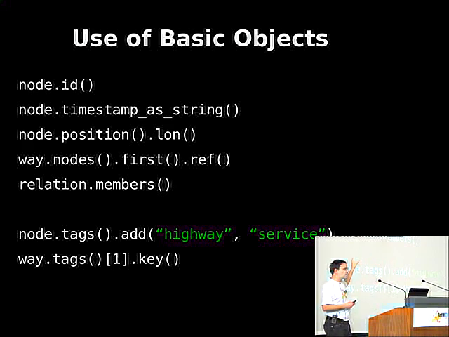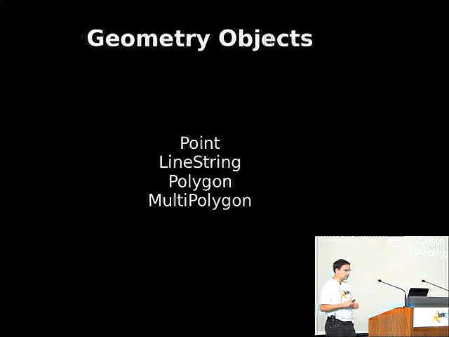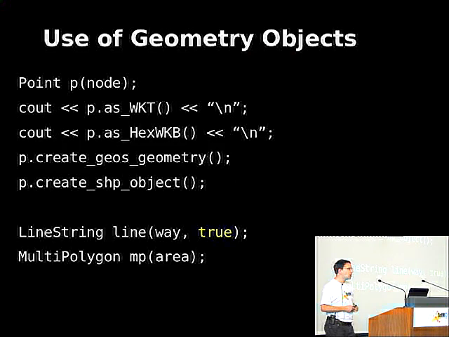Those are the kind of functions that are at the bottom of this library that you can work with and build other things on top. Then we have geometry classes for points, line strings, polygons, and multipolygons, to work with the geometries created out of OpenStreetMap objects. So for instance, if you look at the C code here, you have a node, and from that node you can create a point geometry